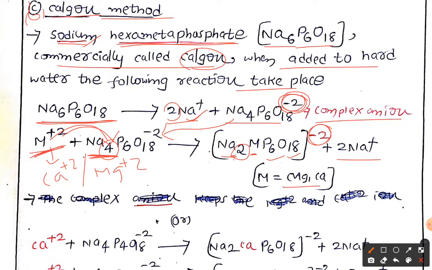Why? Because on calcium we have a +2 charge. This charge has to be balanced, so we have to replace our 2 sodium ions. One sodium has one positive charge, so 2 sodium ions give +2, and only then are the charges balanced. Now this is +2, and here also +2, equal. So from this complex again 2 sodium ions are lost, and these sodium ions are substituted with calcium or magnesium ions. This is the complex you are going to get.